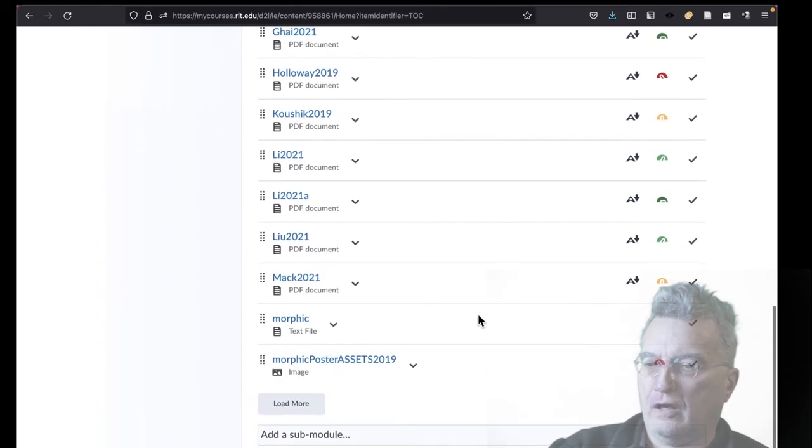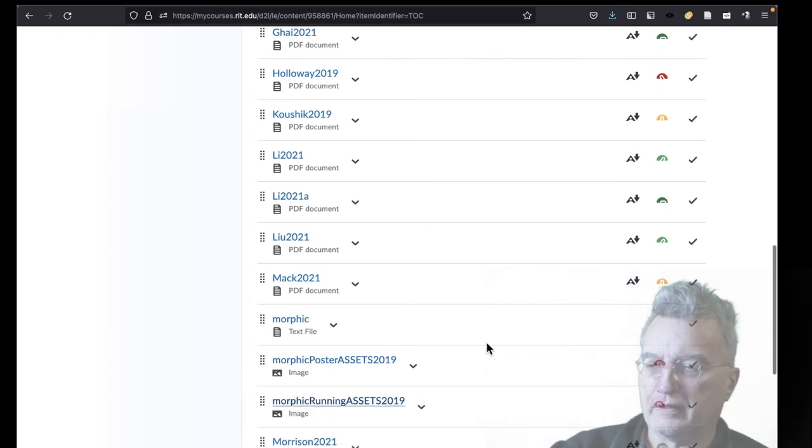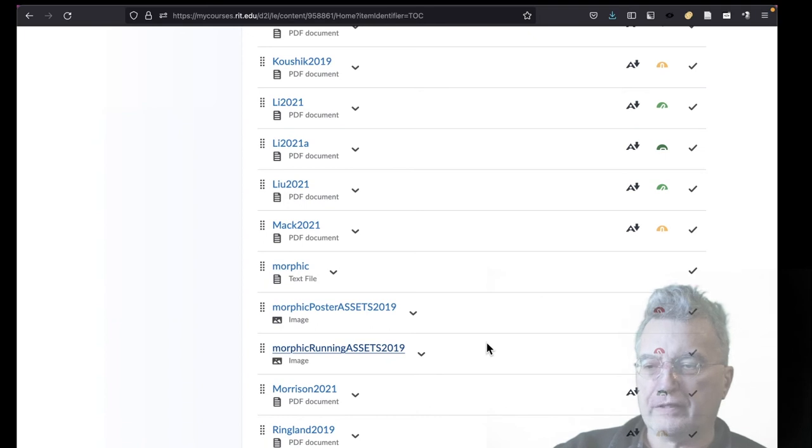Okay, and then I also have a couple of things. I have a text file that is about Morphic. So Morphic is a project that I'm interested in, I think, an important accessibility project. So I'm very interested in a concept called digital affinity, which has been promulgated by a person named Greg Vanderheiden, who is one of the most, if not the most prominent person in the accessibility research world. And this is a project of his. And I have a photo of it running on a laptop and a photo that I took of his poster at ASSETS